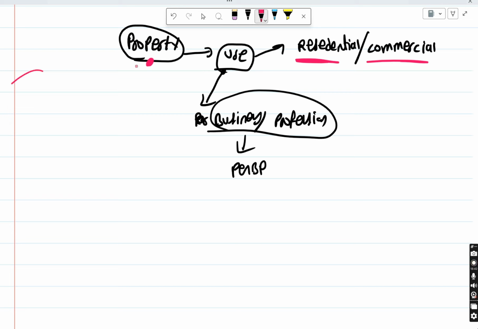Let's just say there is a house or a building which I am using for a hospital, that means it's a profession, doctor, clinic, right? Or you are a CS, you are using it for your firm, then again you are using it for business or profession, so it will come under PGBP. It won't come under the head of IFHP, even though it satisfies the definition of property. So we need to check the use, for what purpose it is used.